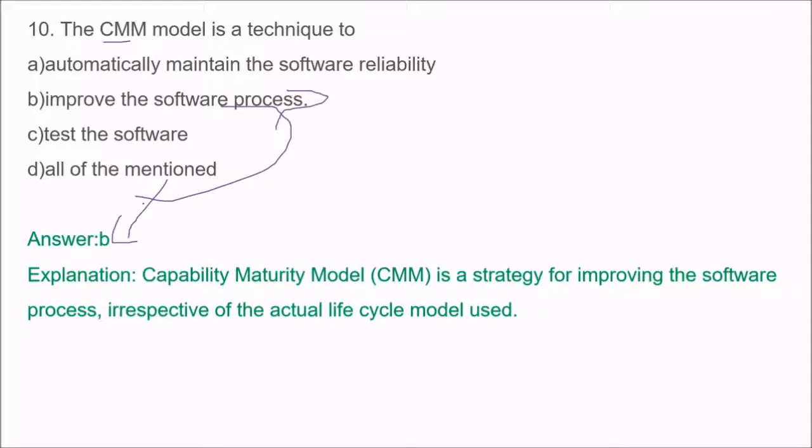So capability maturity model or CMM is a strategy for improving the software process irrespective of the actual life cycle model used. Here, with the capability maturity model, you are not worried about the software life cycle model you have employed, but you are interested in improving the software process. Next is the dependability and security